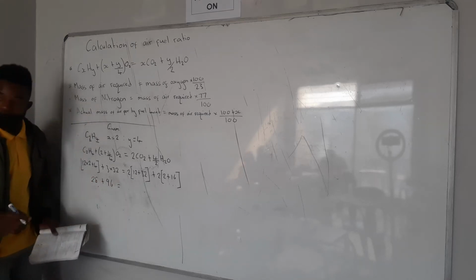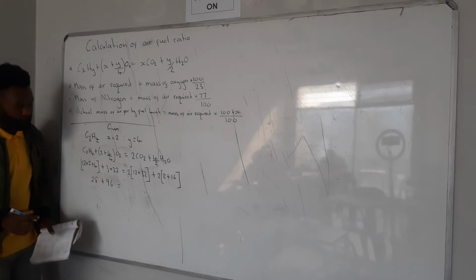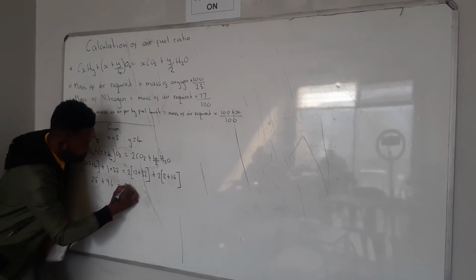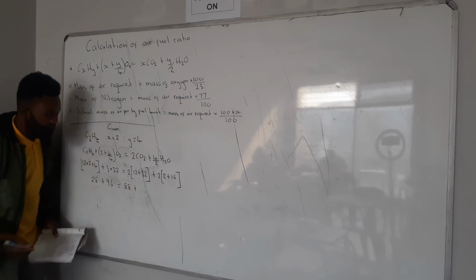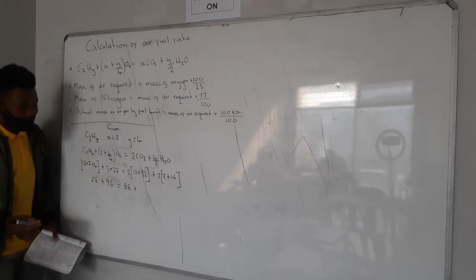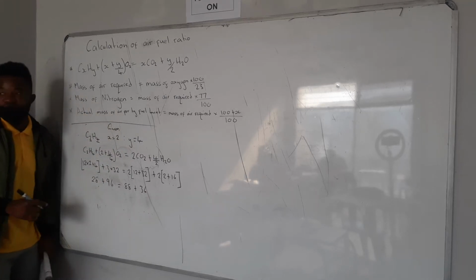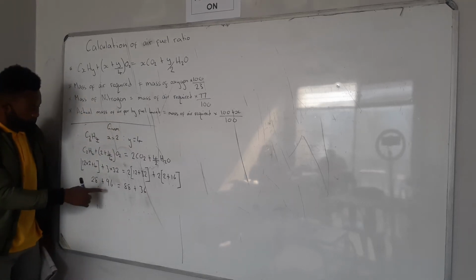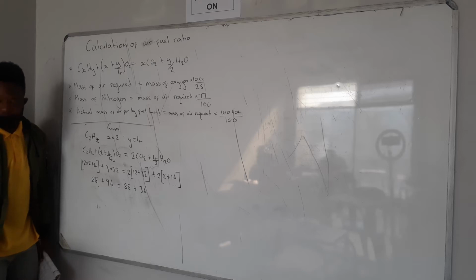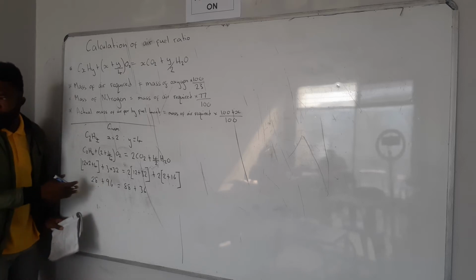Here 88. Plus this side 36. And then I said from here you have to check if your equation is balancing. 28 plus 96 is 124. 88 plus 36 is 124. So it means your equation is